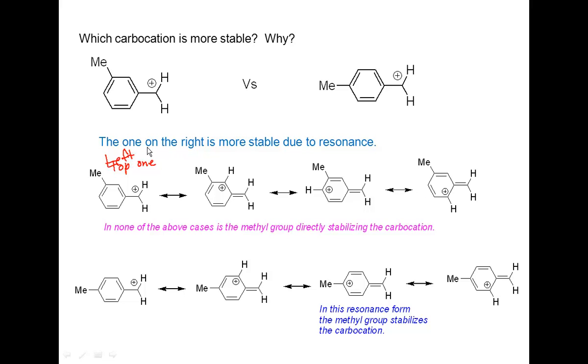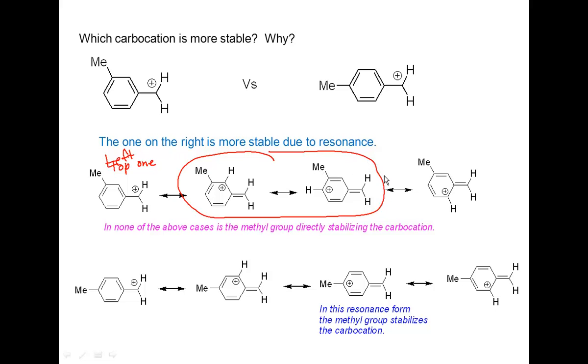We can draw a series of resonance structures that we would write for any allylic carbocation. But notice that never in any of the resonance structures we write do we ever have a case where the carbocation and the methyl group are right beside each other. Just focus on these two, where you basically take the position of the carbocation and you more or less